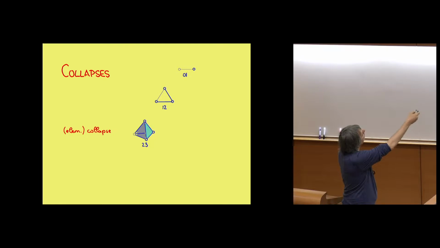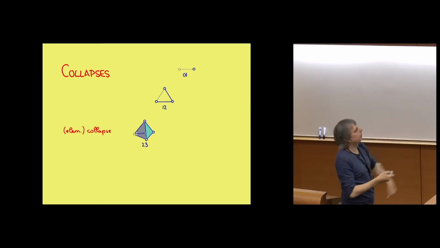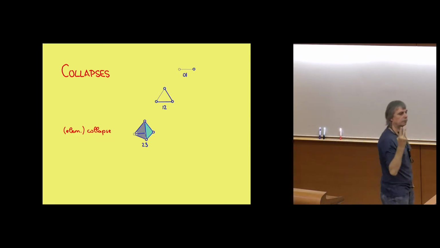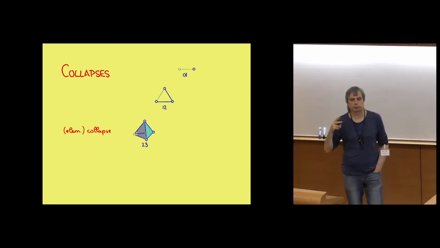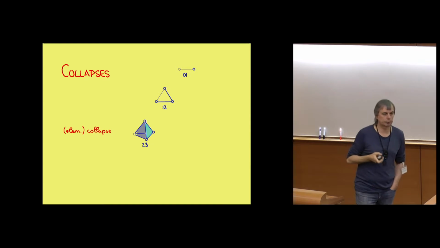The second one is a 1-2 collapse. It means an edge disappears and a triangle disappears. What's remaining is the two edges. This is like pushing the triangle in. And here we have another collapse, a tetrahedron. I remove a triangle, the front face, and the tetrahedron. So it's always a pair of simplices, and the dimensions of these two simplices that I remove are adjacent: 0-1, 1-2, 2-3.